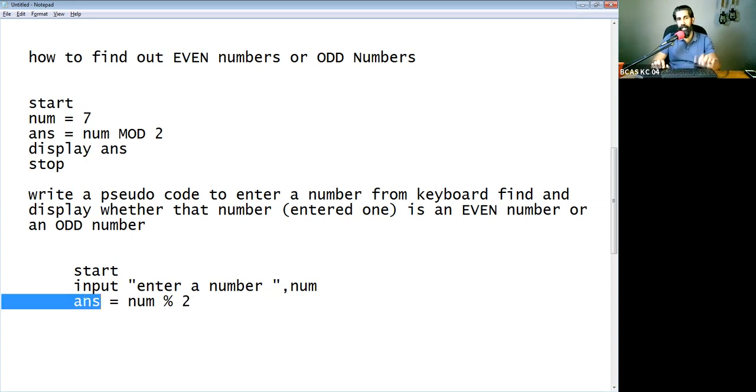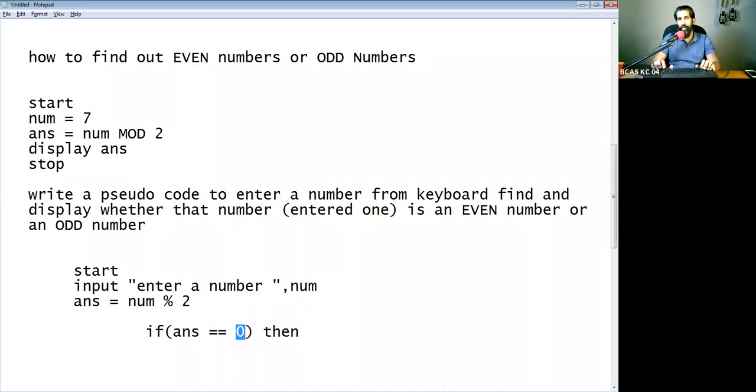Here it's either going to hold the value 1 or the value 0 based on the number that you input. Then you can write an if condition. Very simple. You can say if answer equals 0. You should write the equal to like this, because there is no difference between this equal to and this equal to. So we will write like this. So if the answer variable